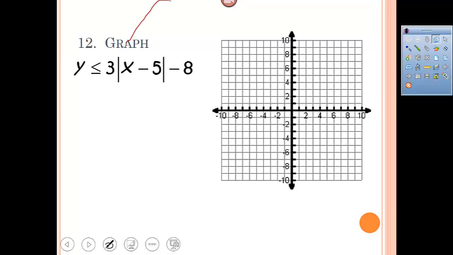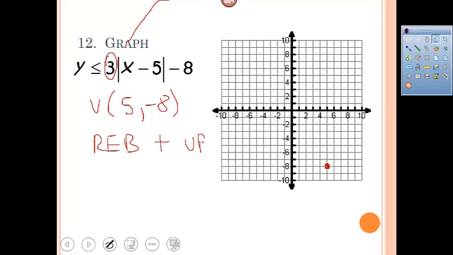The exact same thing holds true. I'm going to go through this a little bit quicker. So again, I like to start off with the vertex. So we have my h, which is 5, my k, which is -8, and I start off with 5, -8, which is way down here. From here, I look at my right-hand behavior. My a is 3, so right-hand behavior means it's going to be positive, which means it's going to go up. Your slope is 3/1, so I'm going to do up 3/1 and apply the slope, up 3/1. And then to get to the next point, you want to do up 3 to the left 1,